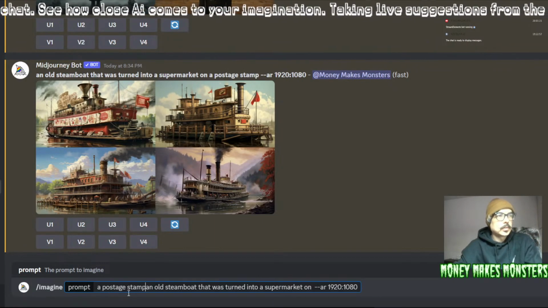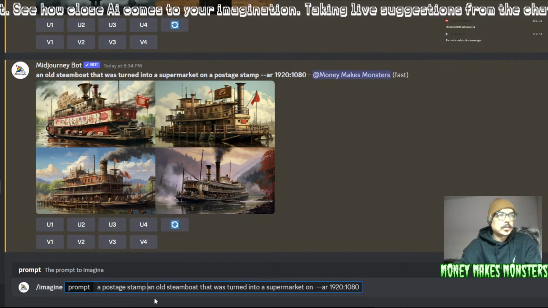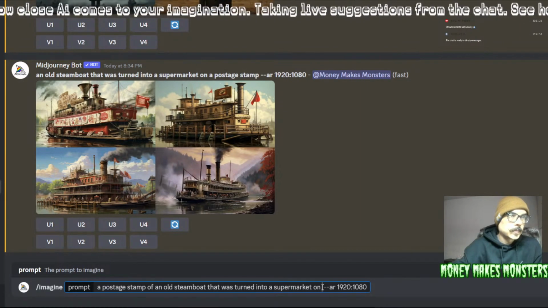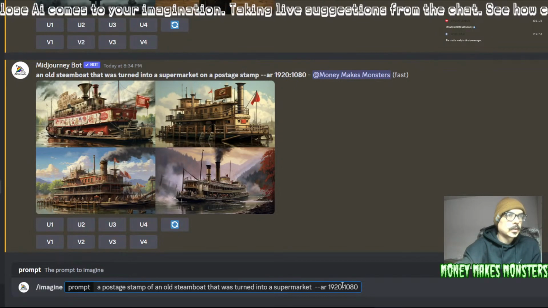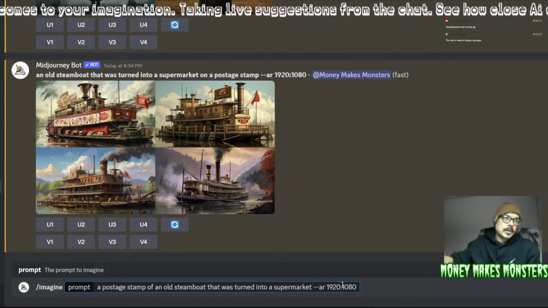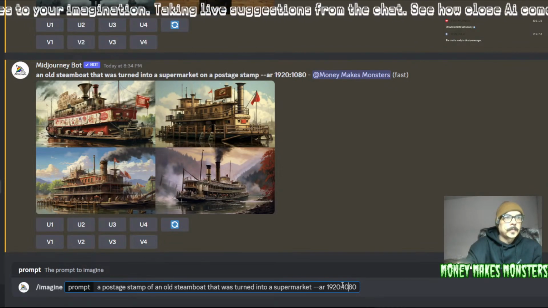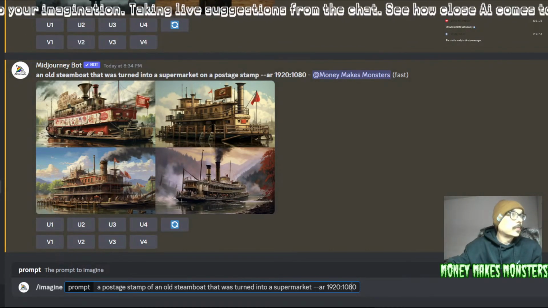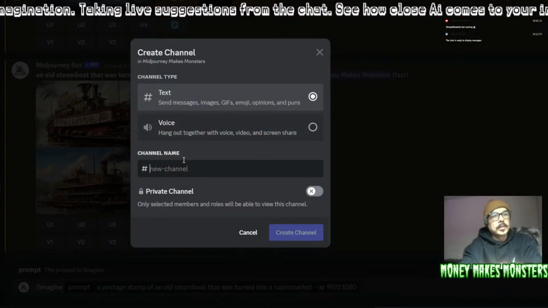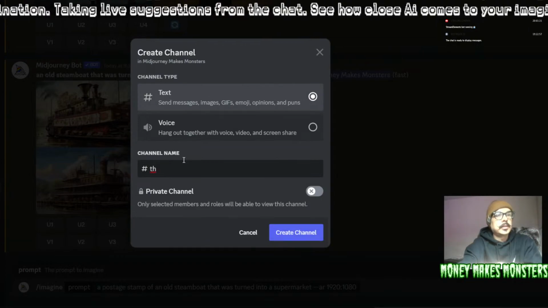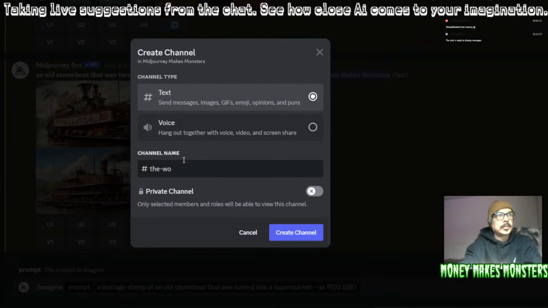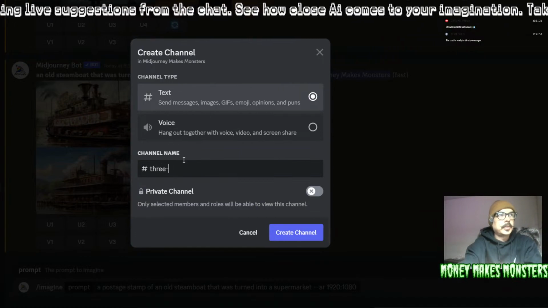Just a postage stamp of an old steamboat that was turned into a supermarket. Let's try that, but before we get to the 3-word